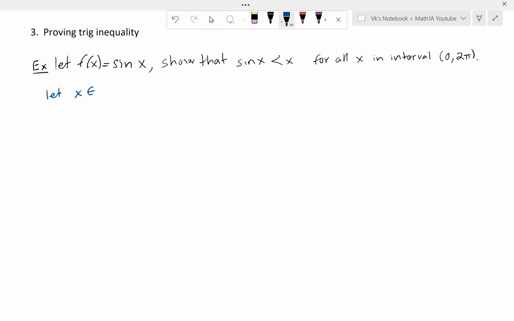Let x be in the interval 0 to 2 pi. Then 0 is less than x, which is less than 2 pi. So by the mean value theorem, there is a c in the interval 0 to x